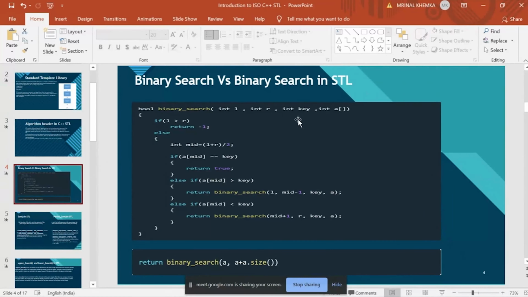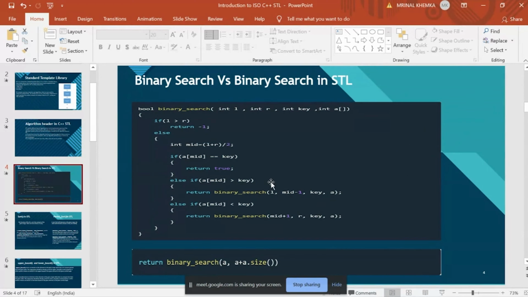Here we pass a key, and binary search basically finds a key in sorted data by dividing the array into two halves and comparing the values from the mid position. If the value at the mid position is greater than the key, then it will search for the key in the first half. If the value at the midpoint is less than the key, then it will search in the second half. It basically works on the divide and conquer algorithm that most second year students, I think, know.